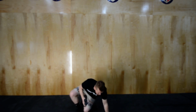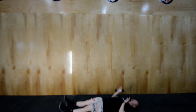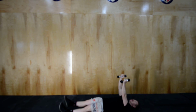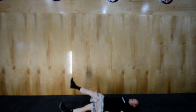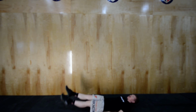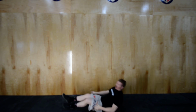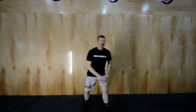You have 2 movements. We're going to split that minute apart. 30 seconds of dumbbell floor press and 30 seconds of hollow flutter kick. So the floor press is a version of bench press. It's just from the floor and straight up and down. You don't want to slam your elbows on the ground. And then 30 seconds of flutter kicks. We're just going to get in that hollow position here, and we're fluttering for 30 seconds. All right, so we'll be counting those movements, and then we're going to get to our 3rd minute,